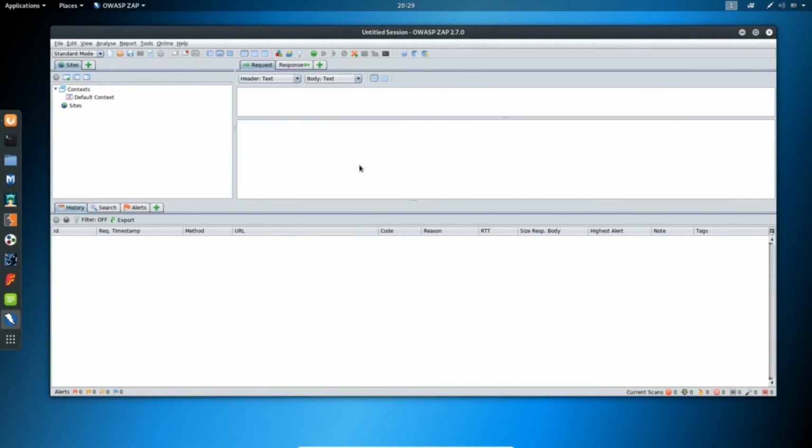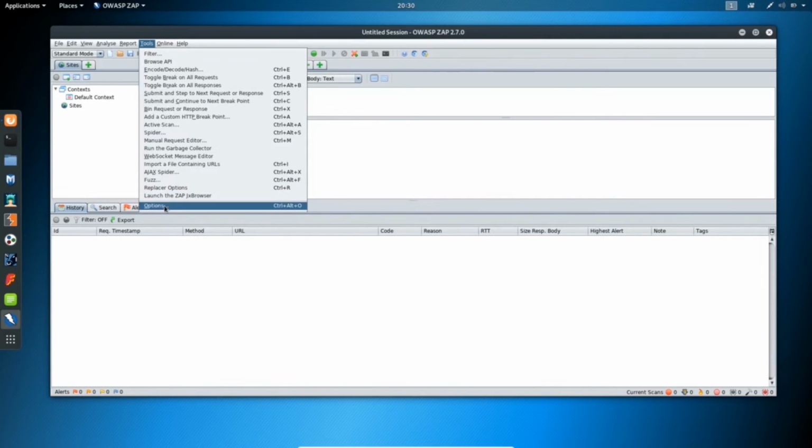Hello everyone. In this lecture, we will be installing the trust certificate from the Zap application to our browser, and further we will be looking at the interception option by which we can intercept the request from the browser. Okay. So to first get the trust certificate, click on Tools, go to Options